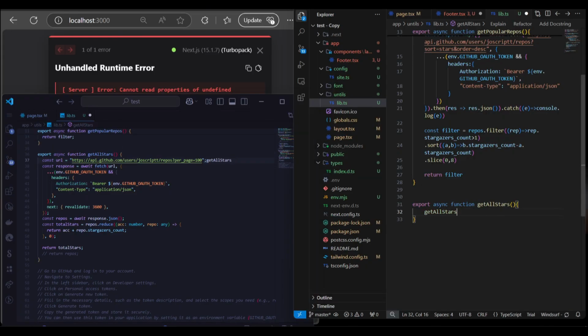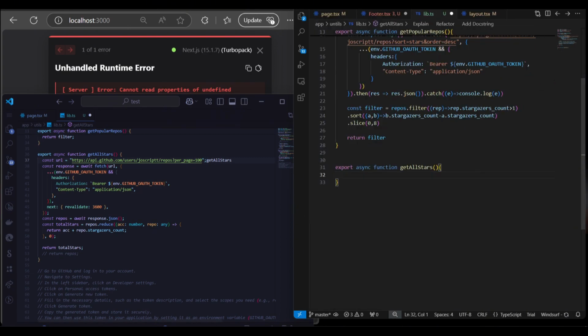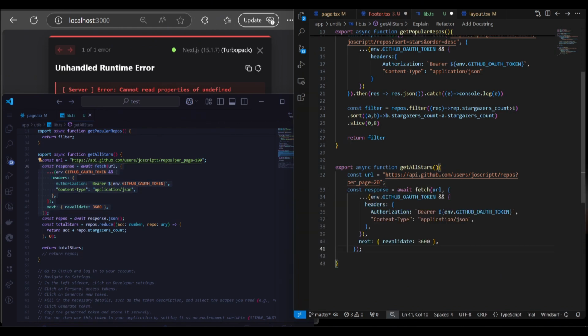What we're doing right now, let me just close this up, we're just going to go to this URL, github.com, our user, then the repos per page. You are fetching 100. If you like, you can fetch 10. If you like, you can fetch 20. So I'm just going to go with 20. Okay, and also for the URL, we are still going to do what we did earlier on. So now we are fetching. We are going to this URL. This one we point there, and also we are passing